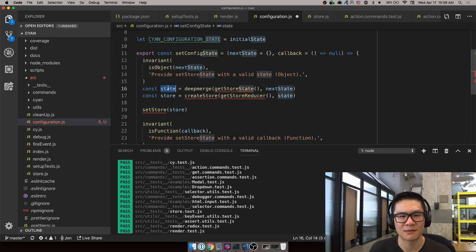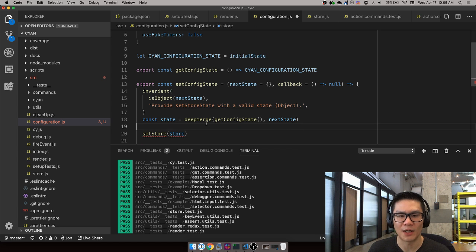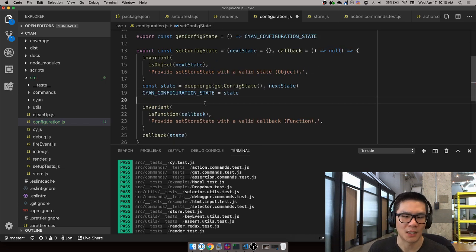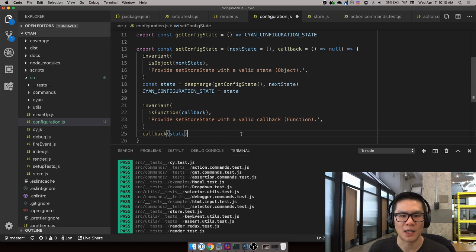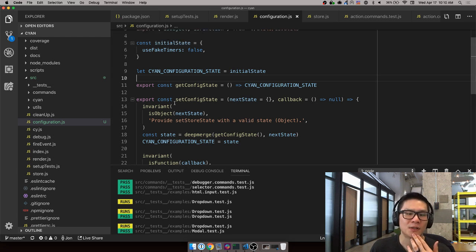State is this. So state equals, I need a next state here. Deep merge state is, so first I need to get it, deep merge it with the next state, and now I have my state. And my next state, I am going to set it via this. And that's it. Cool. So I can now get and set my state like so. And it can be done globally, and it's fine. So this invariant stuff,